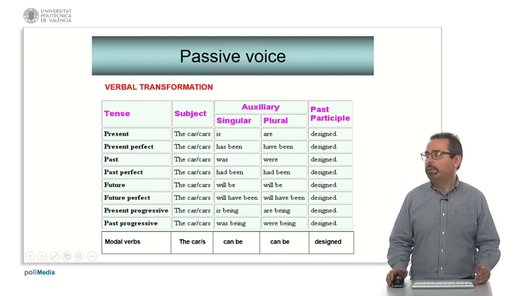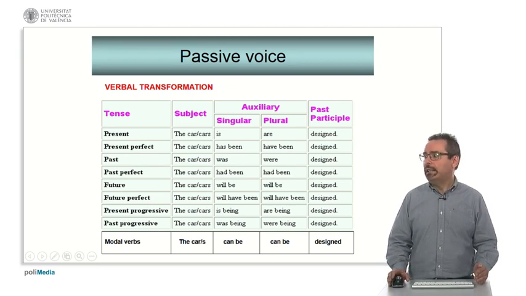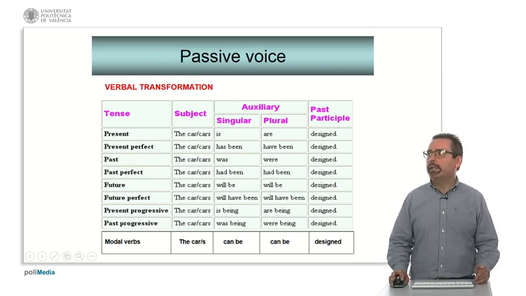Even with modal verbs. With modal verbs it's even easier. We use exactly the modal verb of the verb to be, in this case can be, should be, or whatever, then follow, as always, with the past participle. So this presents no complication, but you have to bear this in mind all the time when you write passive